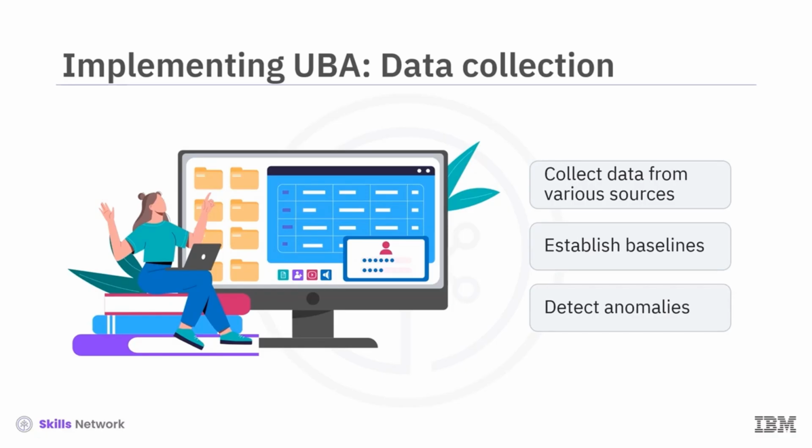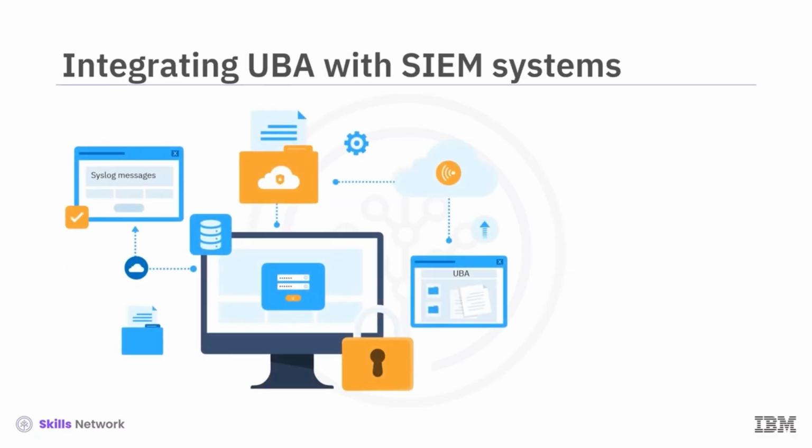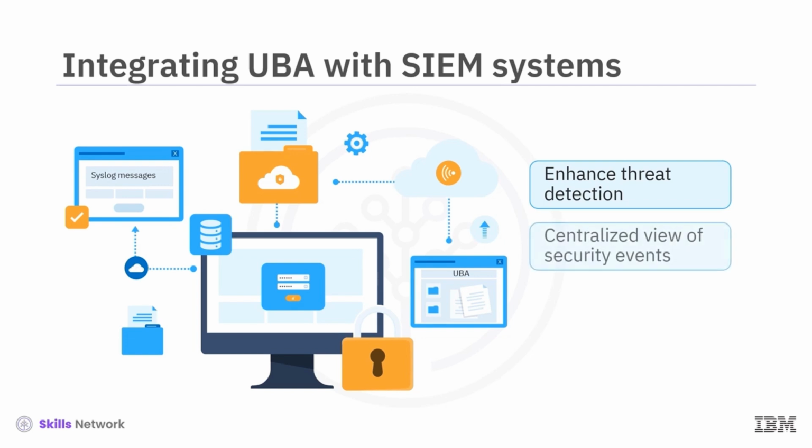analyzing user behavior. Integrating user behavior analysis with security information and event management (SIEM) systems enhances threat detection and response capabilities. SIEM systems aggregate and analyze data from various sources, providing a centralized view of security events. For instance, an SIEM system can correlate UBA data with system log messages and network flow analysis to offer a